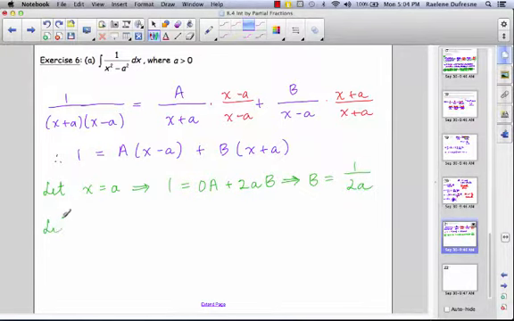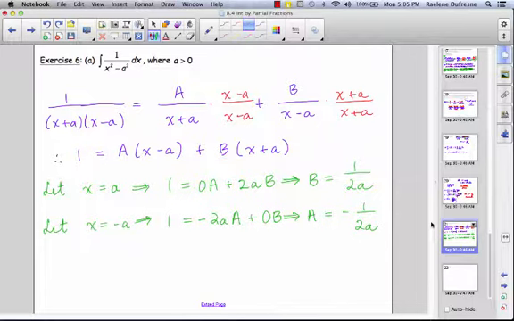And then I'm going to let x equal negative a, which says that 1, which is a constant independent of x, is going to equal negative 2 little a times capital A plus 0 times B. And therefore capital A is equal to negative 1 over 2 little a. So from here we can go back and substitute, and we can get that the original integral